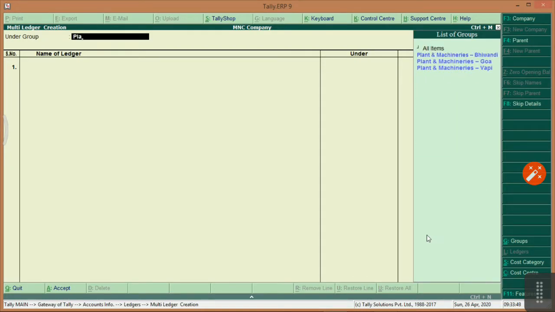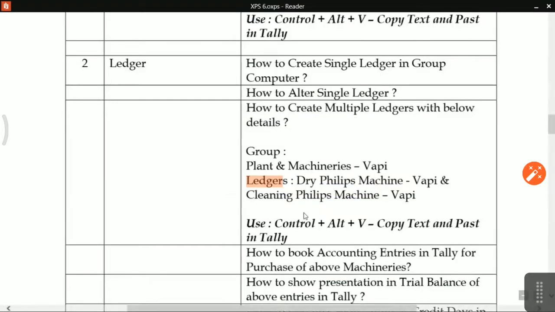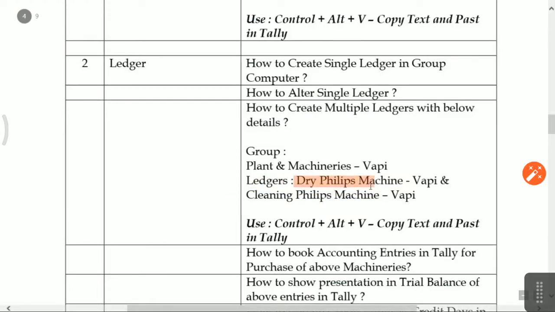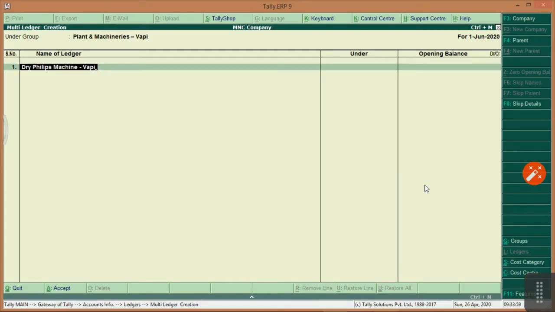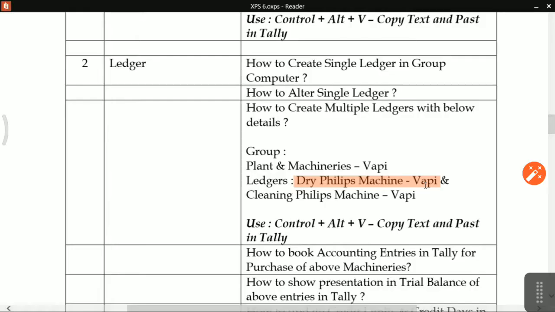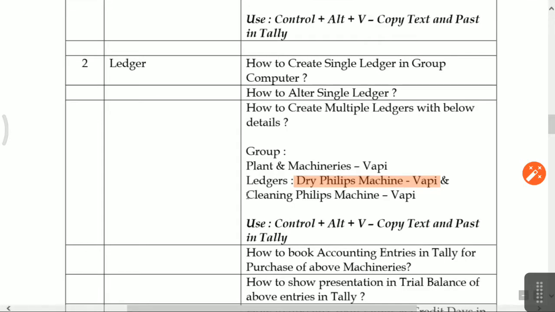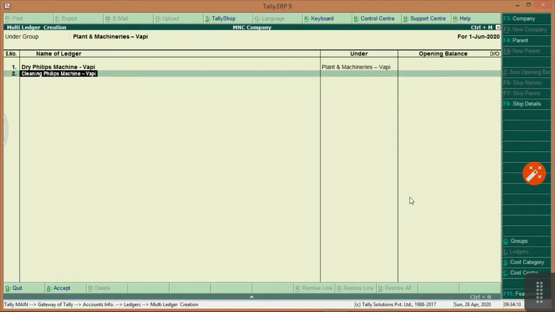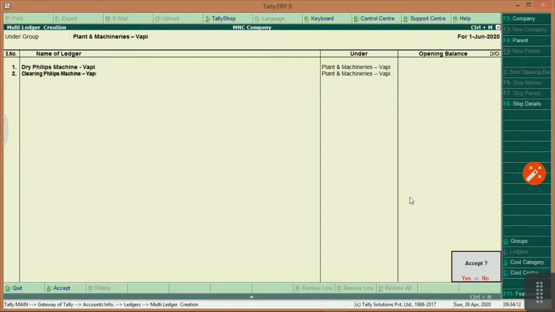Just copy here, ledger dry Phillips machine WAPI, control C, control alt V. Next one is cleaning Phillips machine WAPI, just select it, control C, control alt V. Okay, multiple ledgers are created.